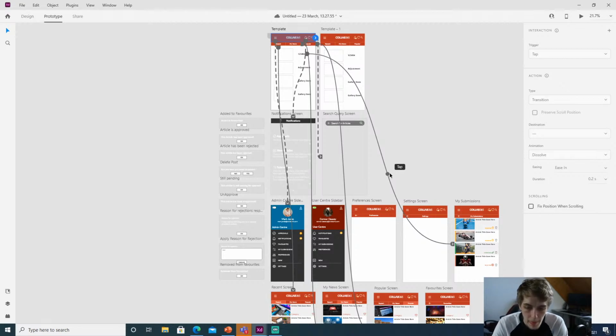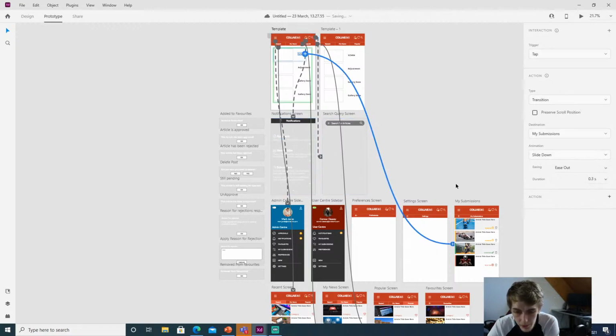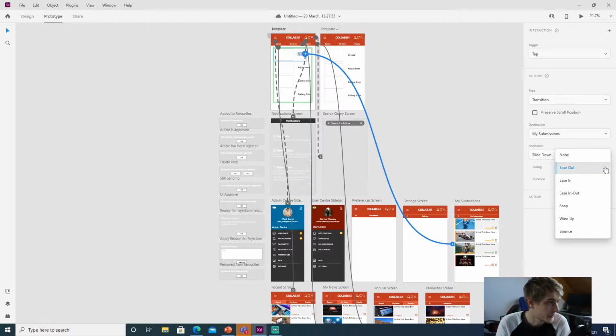So say for example, instead of sending us to a, or just quickly before I do jump on, if we click back on the line, we've got easing, and there's another Adobe feature which I see on all of their video animation editing applications, and that's the use of Easy Ease, which basically, instead of making your animation linear, so going from 0 to 100%, you've got ease in, ease out, or ease in and ease out, which are the nicer